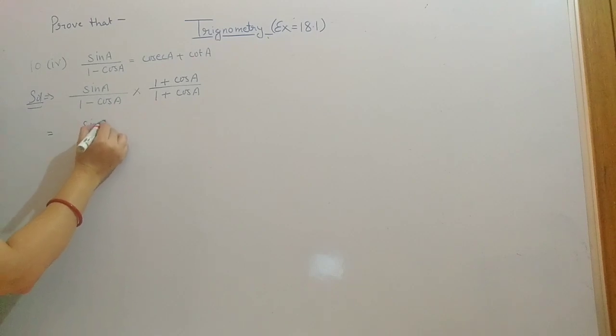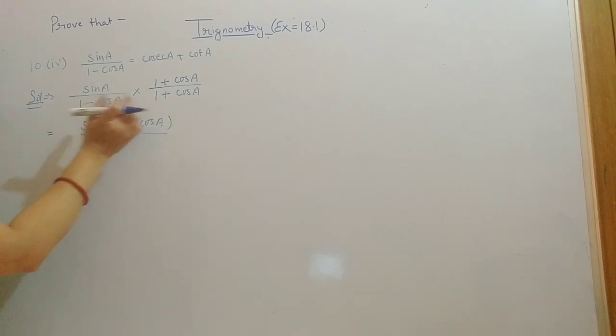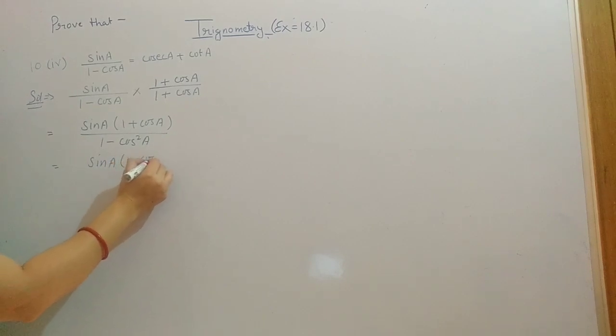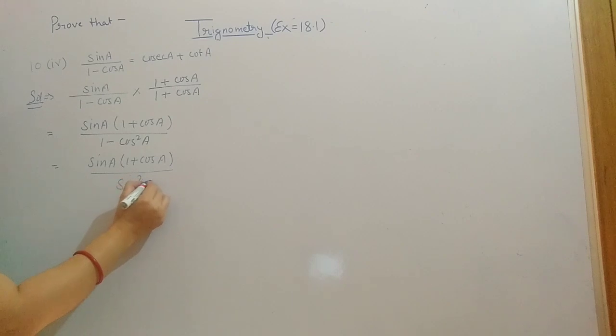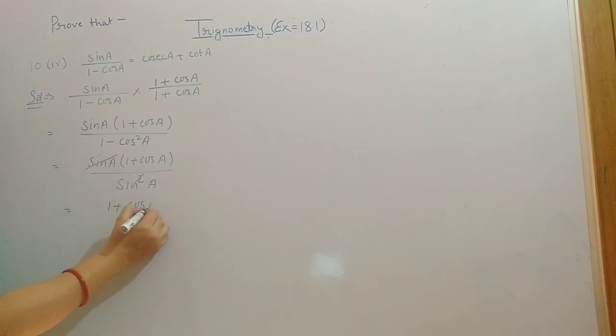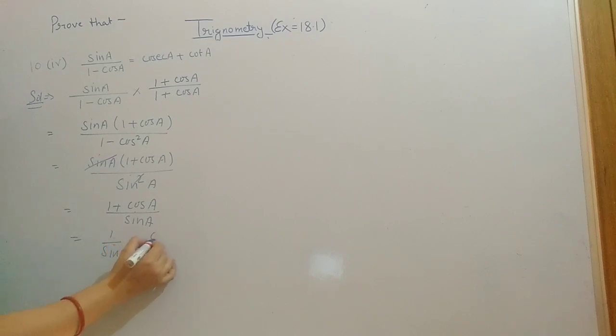Now in the numerator we have sin A into 1 plus cos A, and in the denominator 1 minus cos A times 1 plus cos A. A minus B, A plus B becomes A square minus B square, so 1 minus cos square A, and with the help of the first identity, this 1 minus cos square A we can write as sin square A. One sin we have in the numerator, two sin in the denominator, so one will cancel out, and we have 1 plus cos A by sin A. Now we can split it and write it as 1 by sin A plus cos A by sin A. 1 by sin A is equal to cosec A, and cos by sin is equal to cot A. So we got the right side.